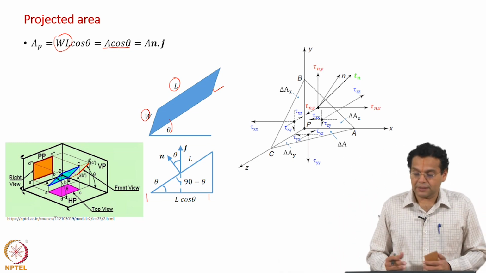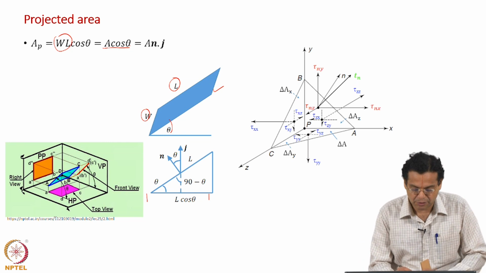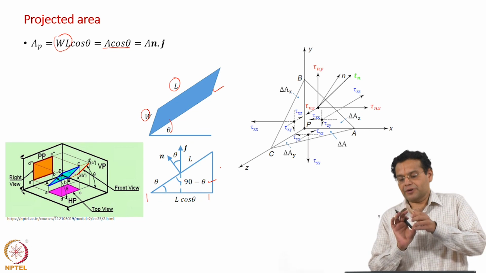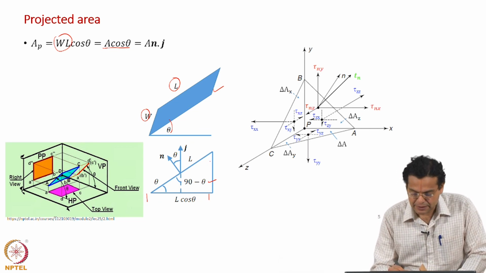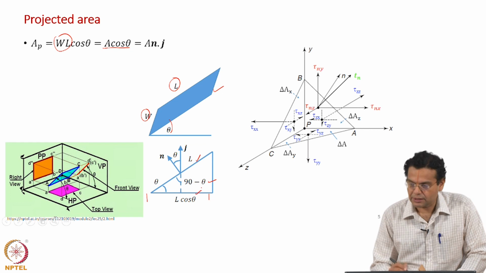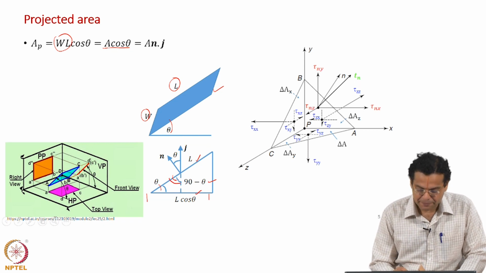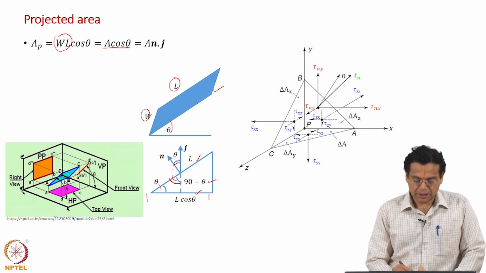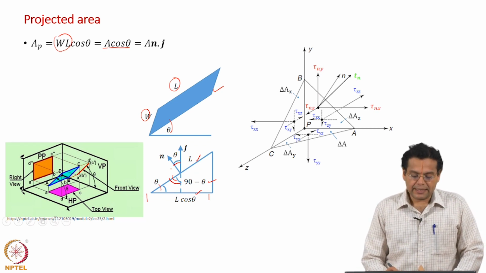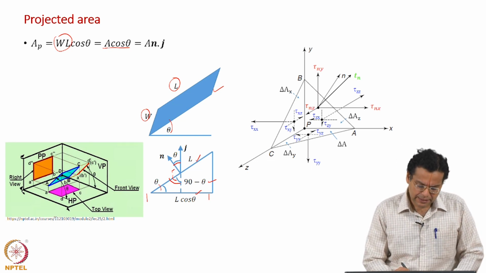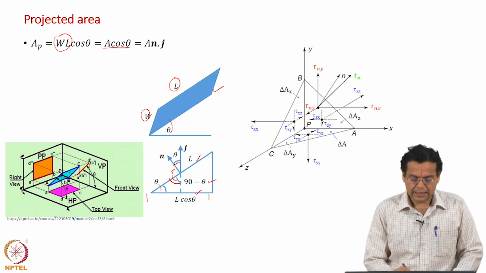Now how do we interpret this theta in a more general way? That is what is shown here. If you look at this triangle, which is the front view, this is the arbitrary plane and this is the horizontal plane, and theta is the angle between them. Now this angle is 90 minus theta, and hence this angle is theta. And what does n indicate? N indicates the normal to the plane, so this angle is 90 degrees and hence this angle is theta.